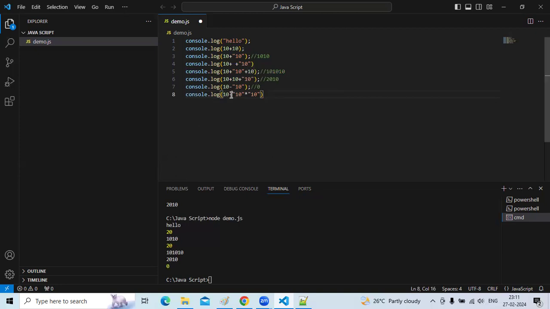Here we are using the minus operator, right? So 10 minus 10. We'll see the result once. Here the BODMAS rule is applied. See what is the result here? Minus 90. How will it come? Here the BODMAS rule is working. You know the BODMAS rule, right? BOD, what is that?